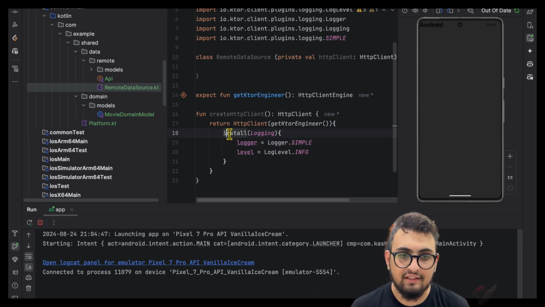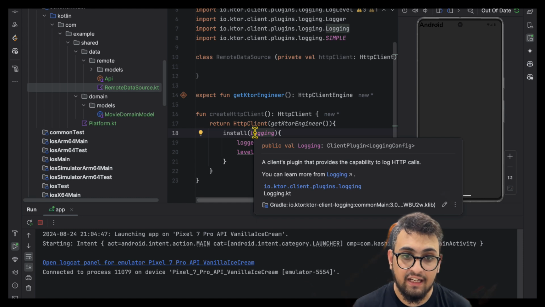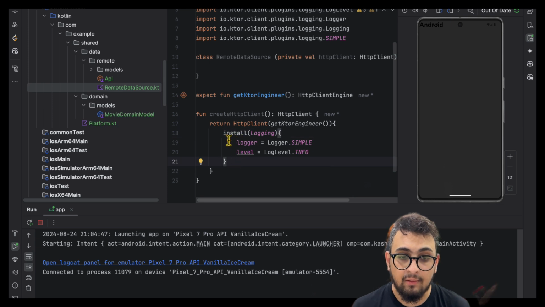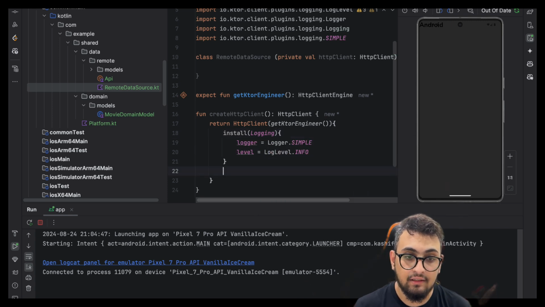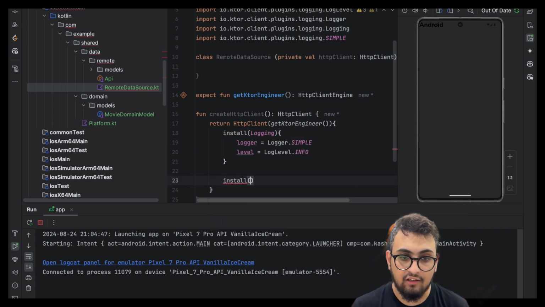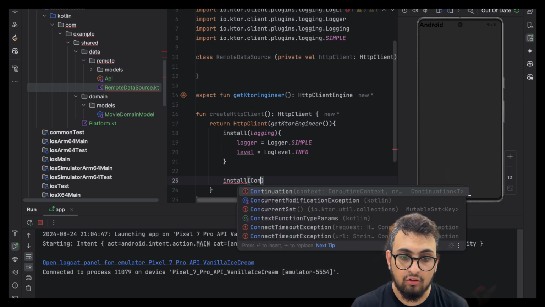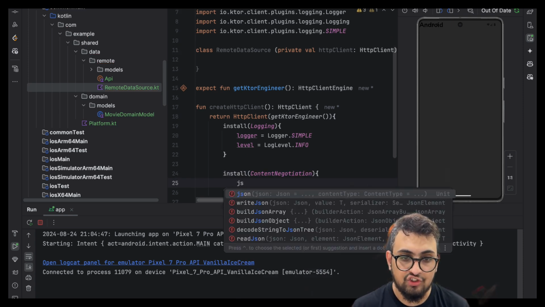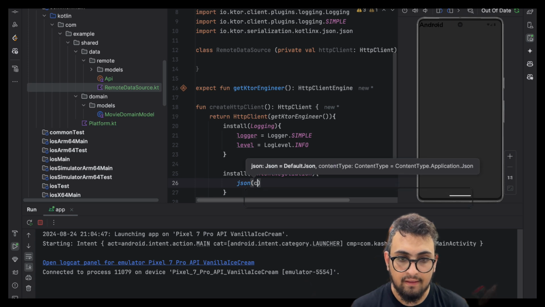So I am using this install function to install a plugin inside the HTTP client, which is the KTOR client, and then I can access all the different functionality that this logging plugin has and set it according to my needs. Then the second thing that I want is to install content negotiation, and I want JSON content negotiation. Let's create